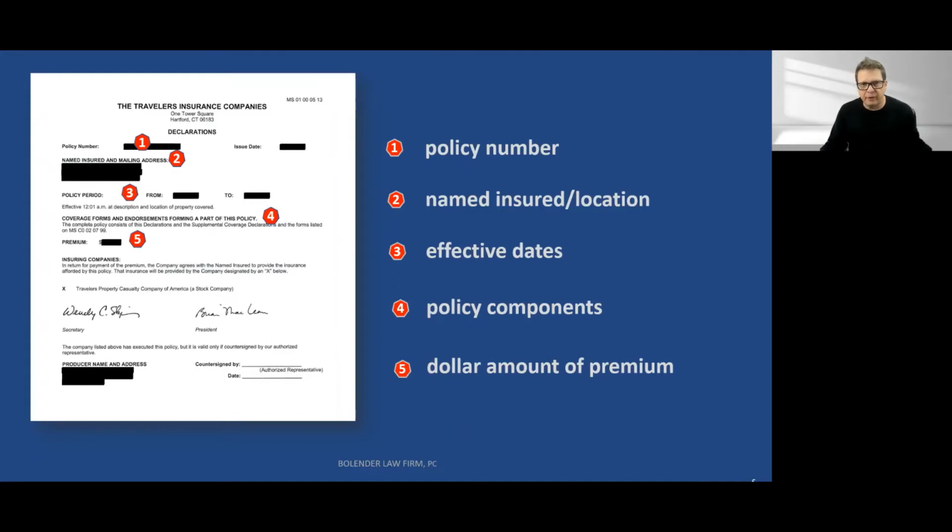The first step is C for contract. Declaration pages are the natural first step in a coverage review. Many of the policy forms will refer back to information in the declarations. So a review of the policy is not complete unless the forms are reviewed in conjunction with the information in